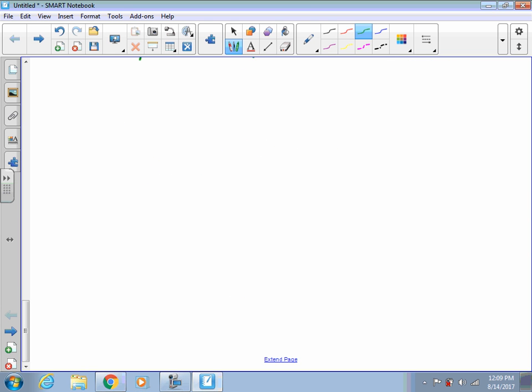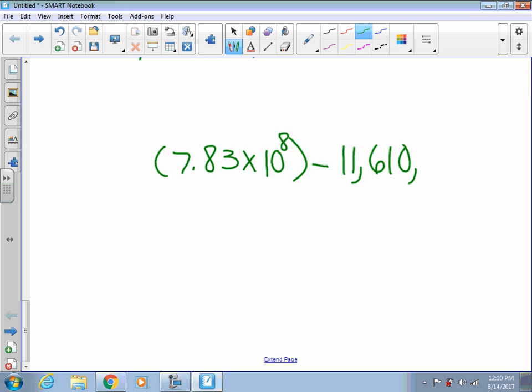And if we're going to subtract, let's try 7.83 times 10 to the 8 minus 11,610,000. First thing we want to do is take advantage of scientific notation and put 11,610,000 into scientific notation. Now I'm going to put it with a power of 8, because this is already a power of 8. So I have 7.83 times 10 to the 8 minus